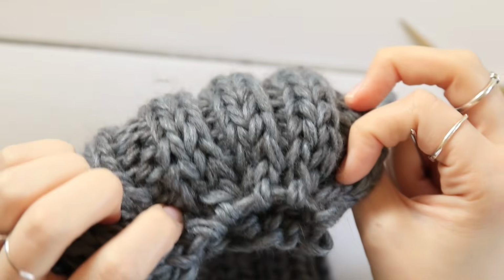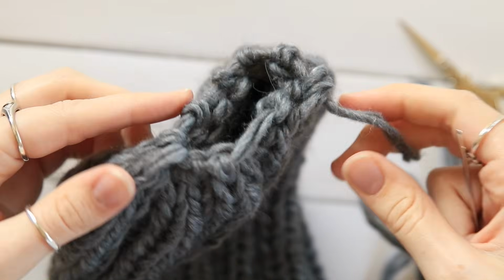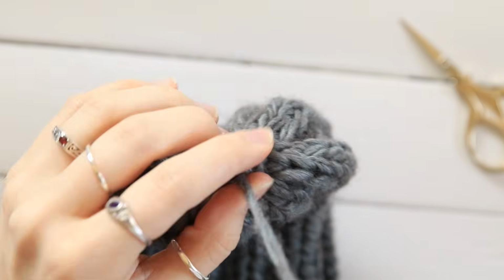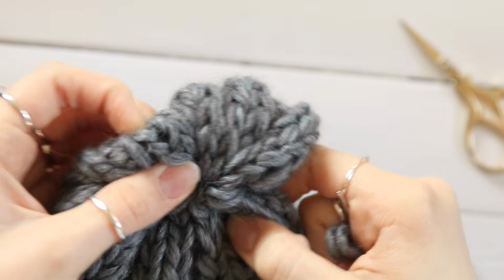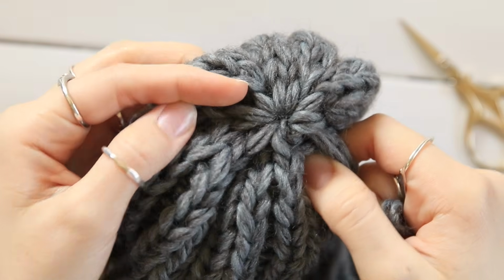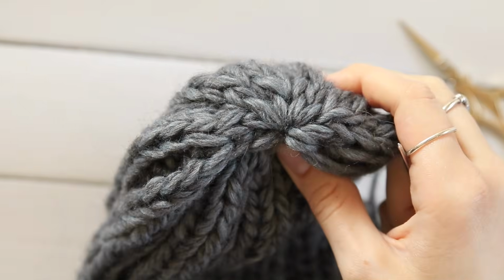So now you have them kind of loosely on this last piece of yarn. What I'm going to do is pull that yarn tight. So you're going to close the top of your hat. Now some people get a little bit of a hole here at the top. I would advise just pulling tightly, and then,